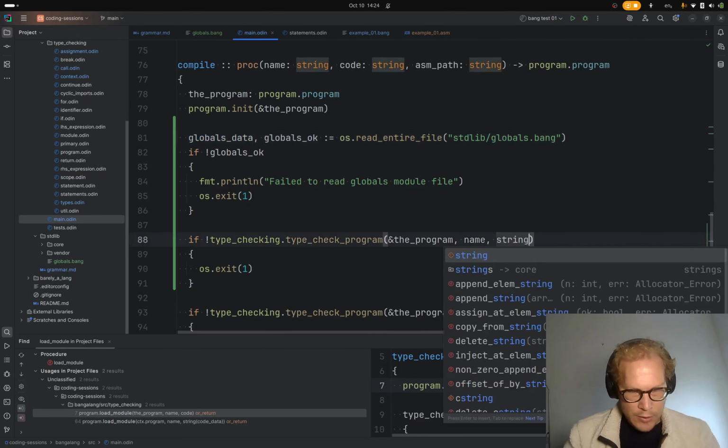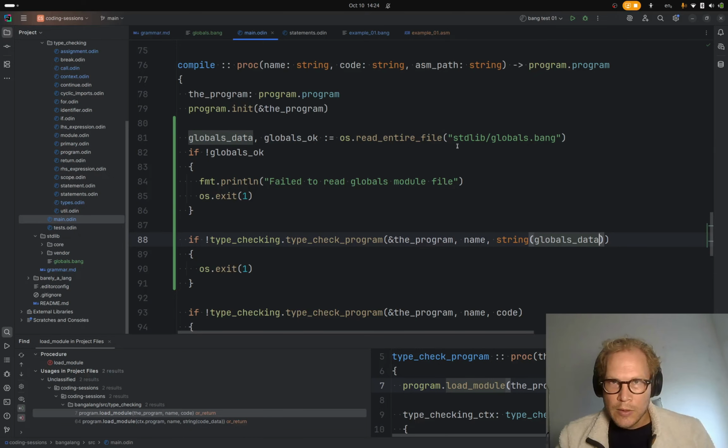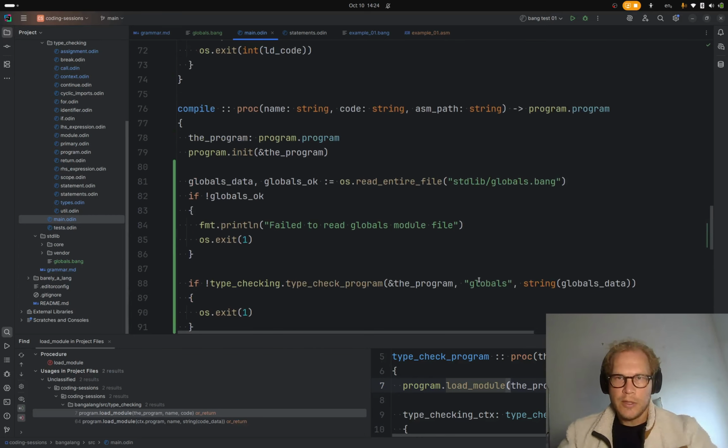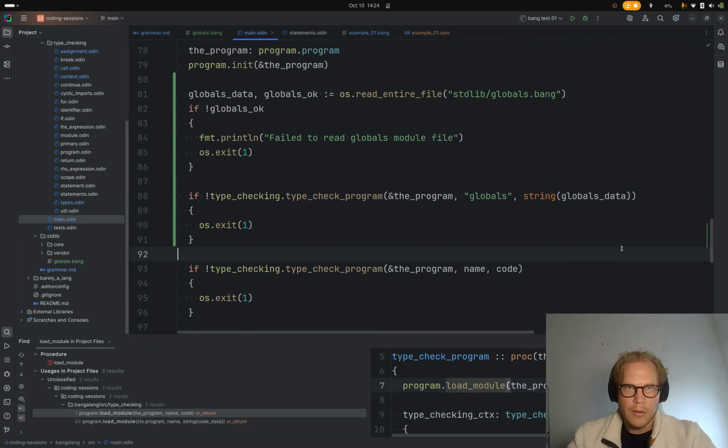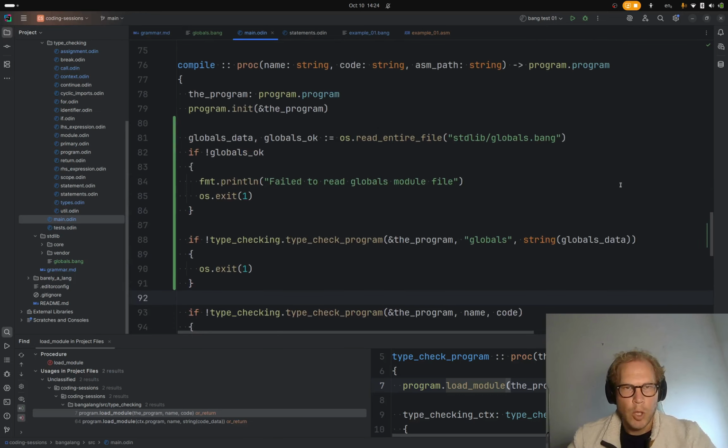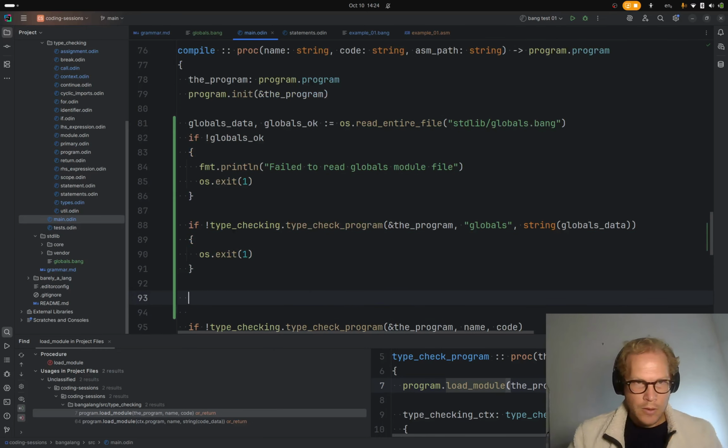And string globals data, and the name is globals. That's the module that we want to type check. Okay. Was that it? And then once we're done, we want to go through